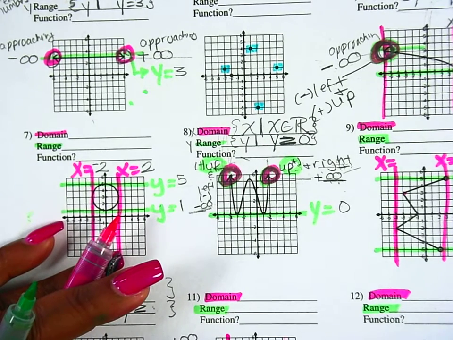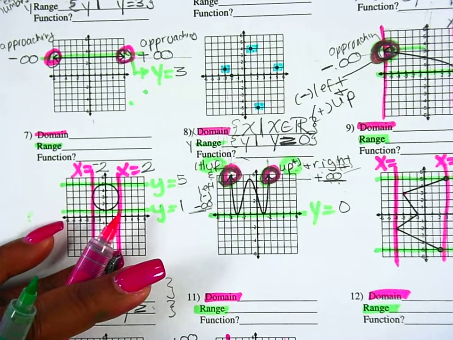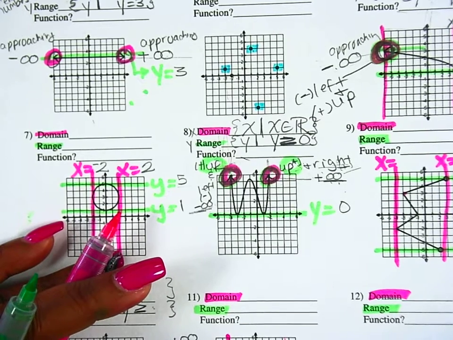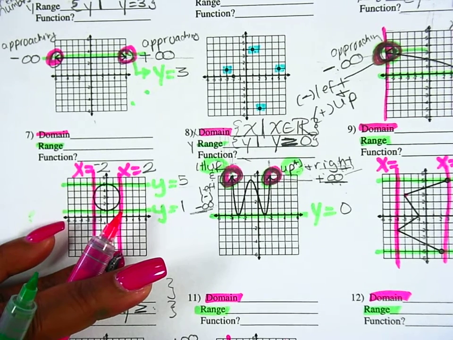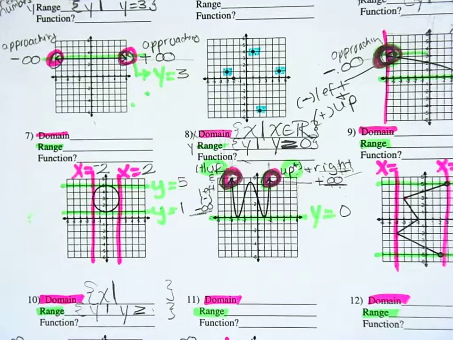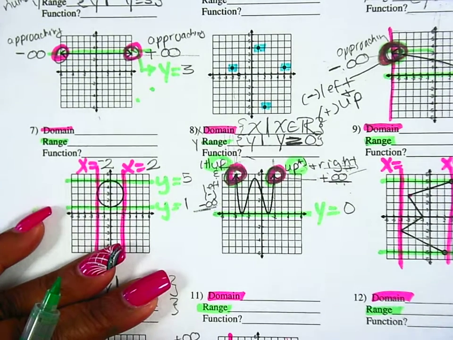It's approaching something. This is going down, meaning negative, and it's going to the right, meaning positive. Since it's going down, negative, it's approaching negative infinity. When it's going right, positive, it's approaching positive infinity. Remember, the right is associated with